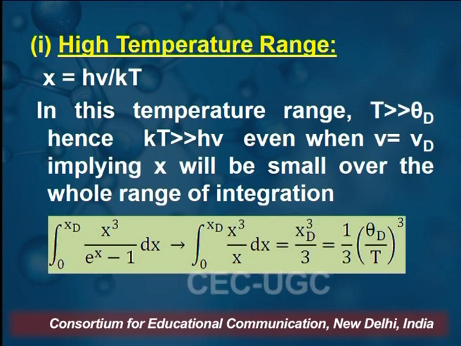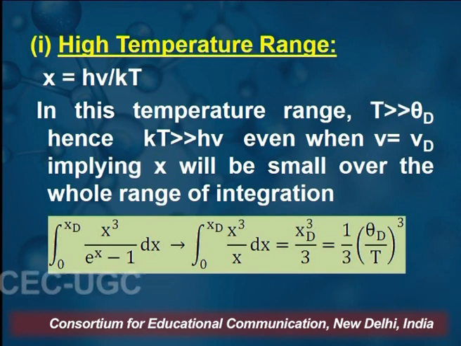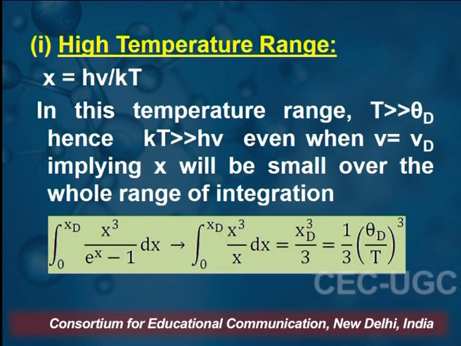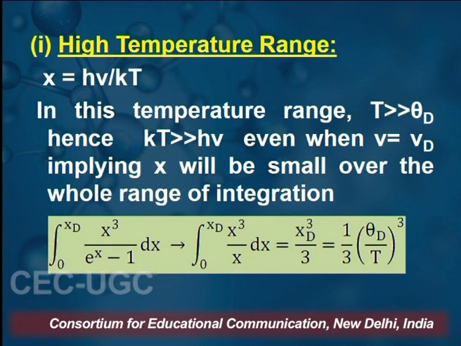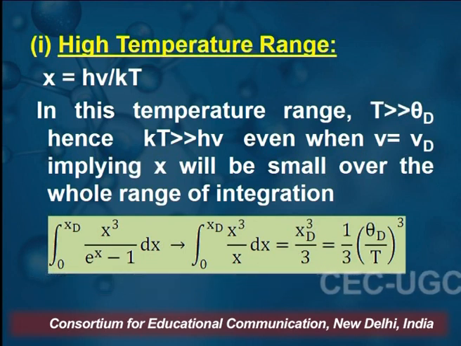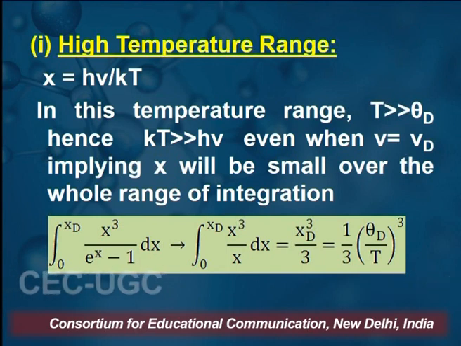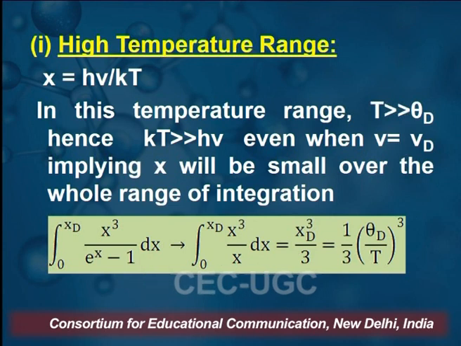In this equation, the integral from 0 to x d of x cube over e to the power x minus 1 dx becomes the integral from 0 to x d of x cube by x dx, which is the integral of x squared. If I integrate and put the limits, that takes the form x d cube by 3,